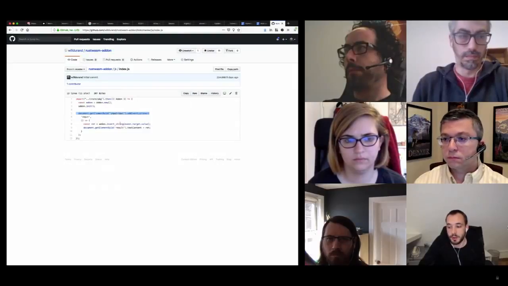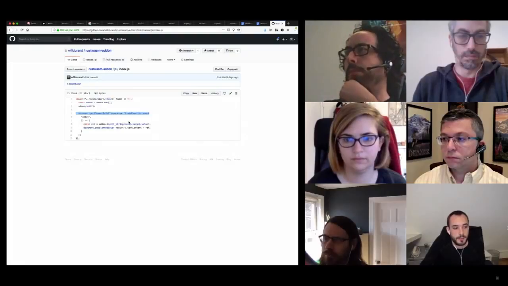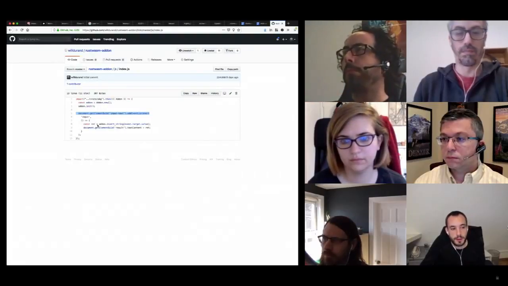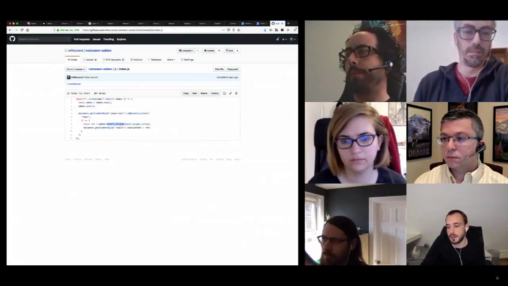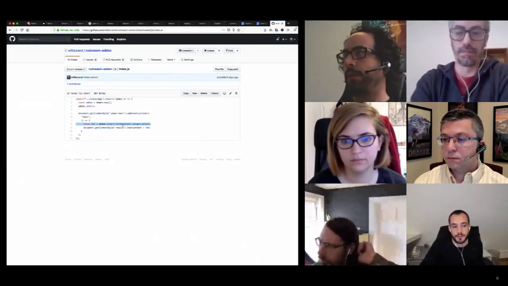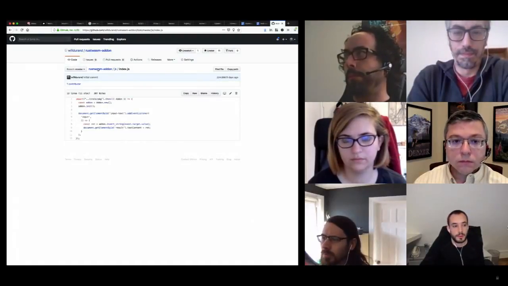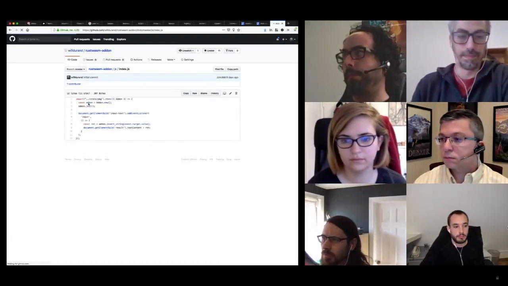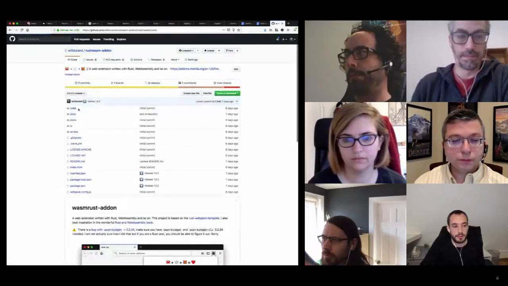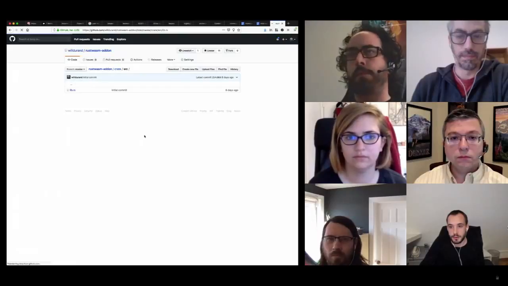When we input text in the first HTML input, then we call another method, and this method is actually written in Rust. So calling this method actually calls the Rust code, and that's how it works. And then it's just regular Rust code that looks weird.